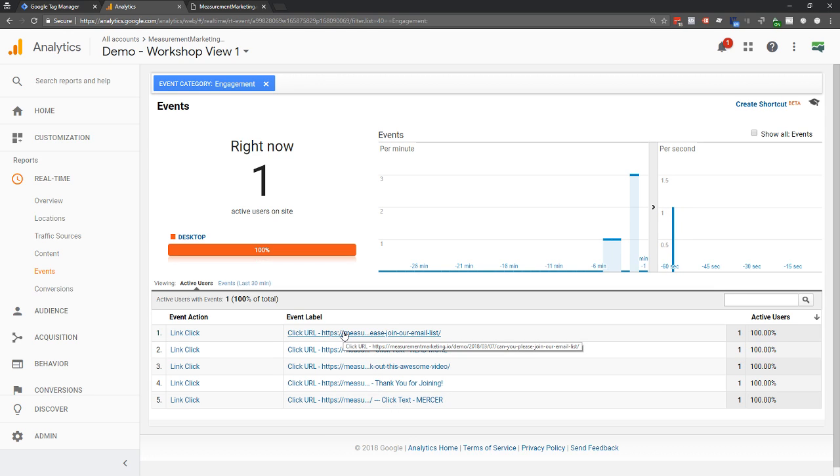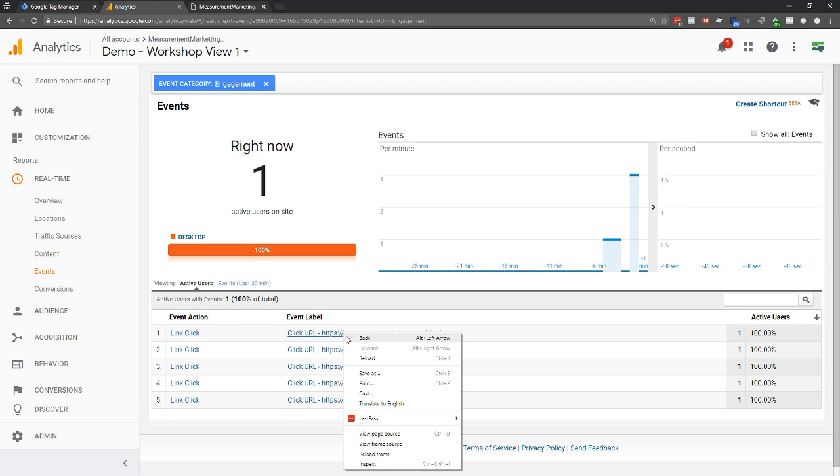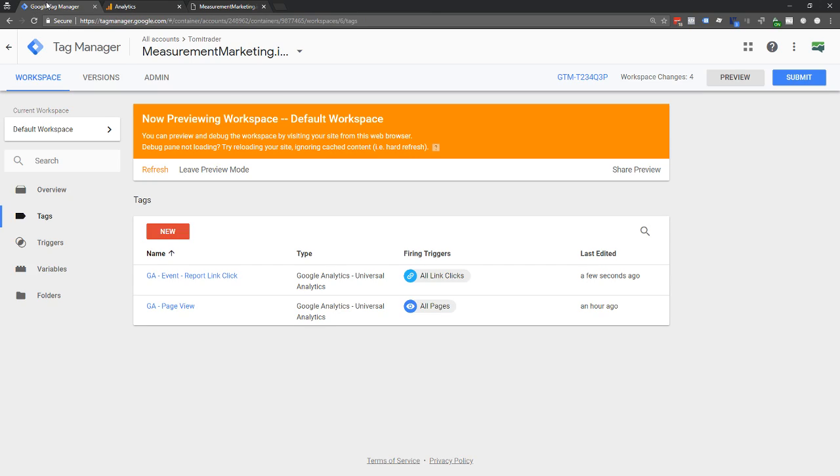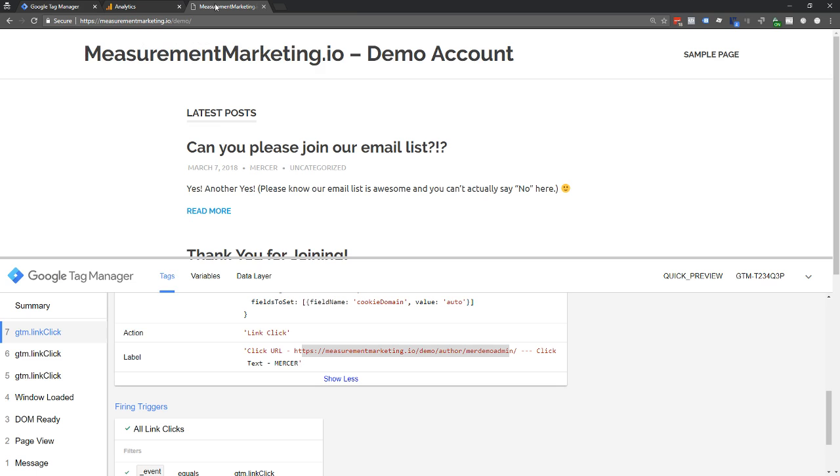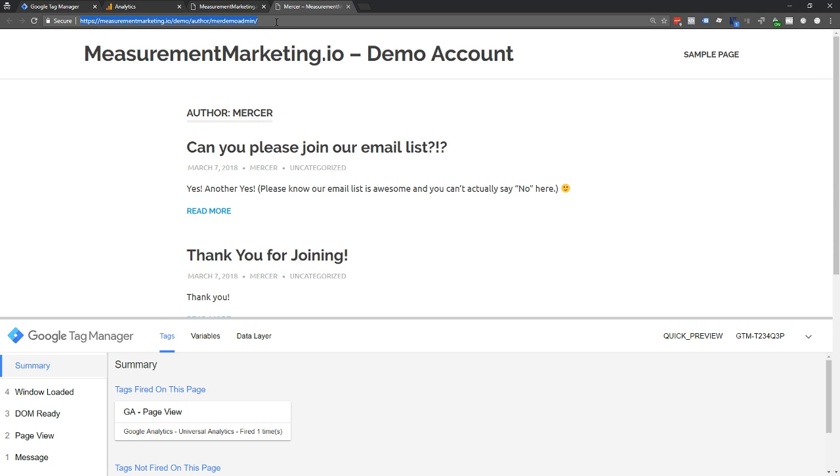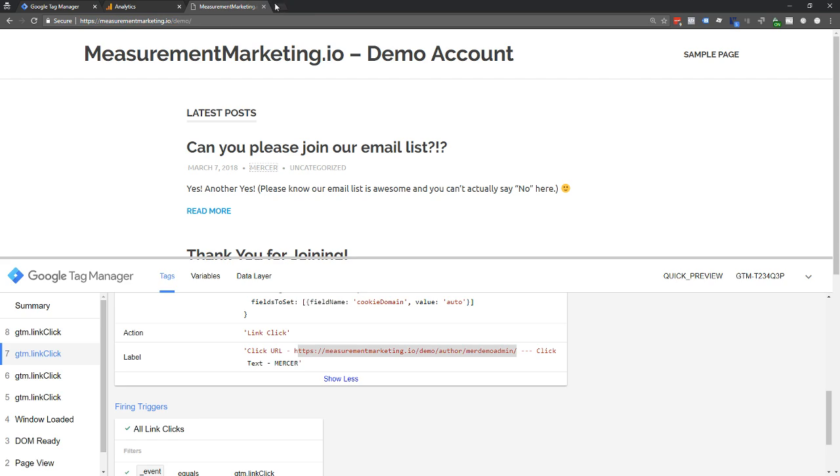Now again, why store it in Google Analytics? Because you can set goals in Google Analytics. So for example, I'm actually going to go ahead and grab this. Let's just grab a copy here. Oops, we'll go into our preview mode. And I'm going to say whenever they click on this demo, let's just do that. So when it's, what is it? MER demo admin. In fact, I'm just going to click on it now and grab it from here. So whenever they click on a link that goes to this page, that's the click URL we're looking at.